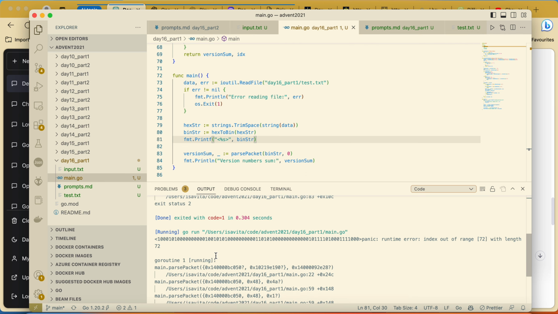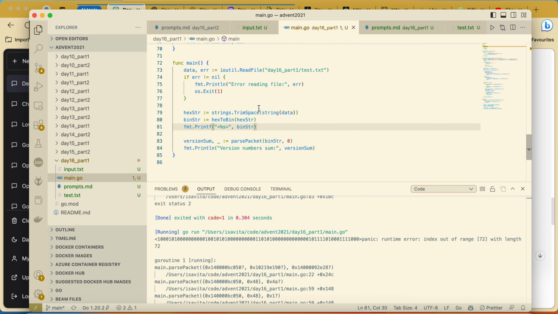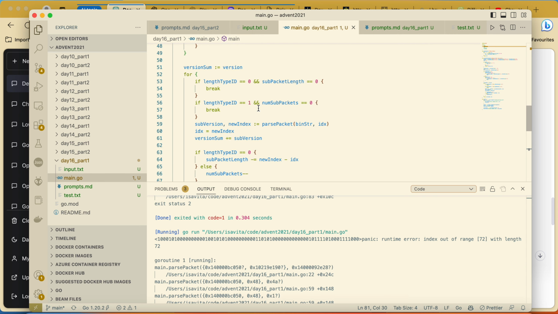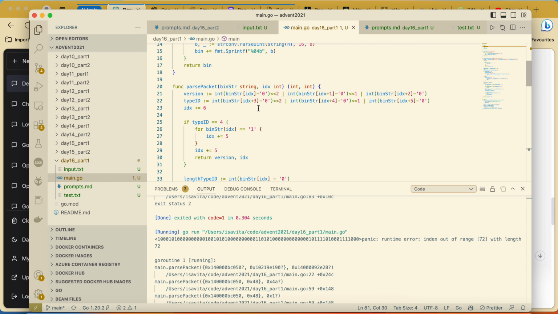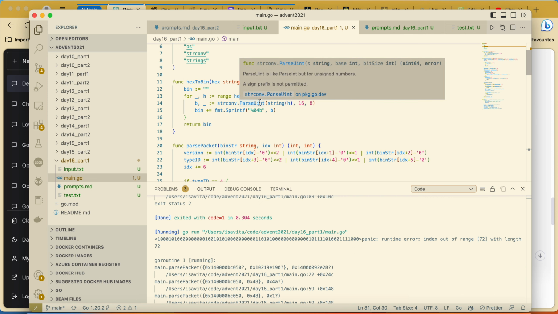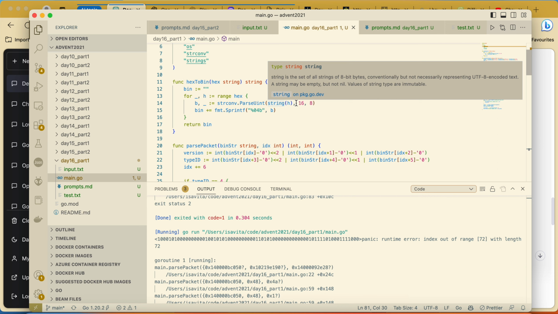It seems more or less correct. Let's double check the logic. We start to parse a string.